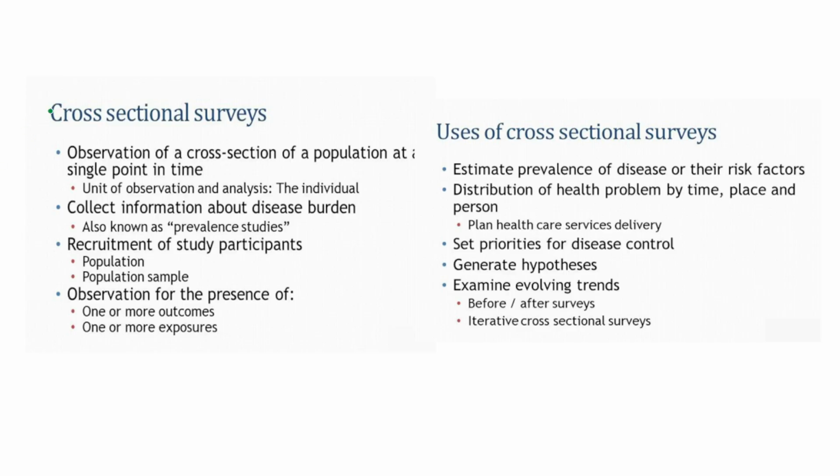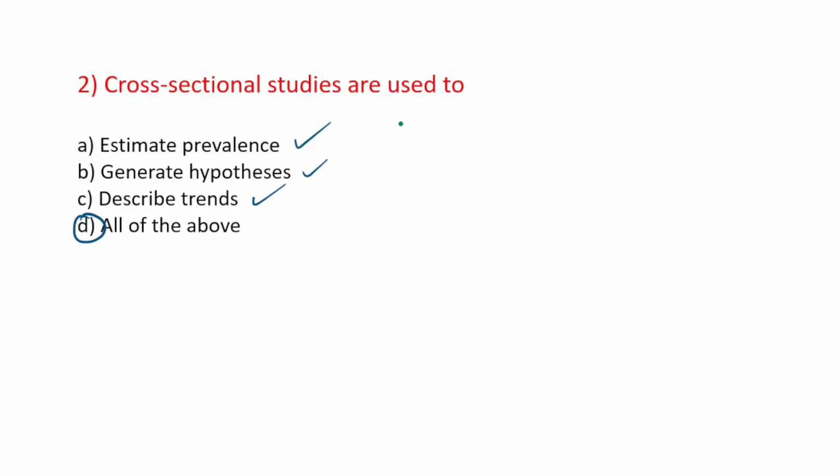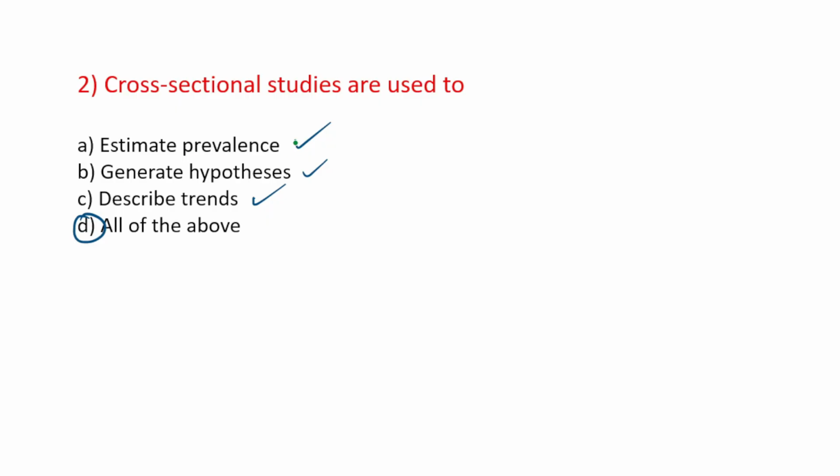Okay. Now see this explanation on cross-sectional surveys and also on the uses of cross-sectional surveys. So our question was cross-sectional studies are used to estimate prevalence, generate hypothesis, and describe the trends. If you see over here, they have clearly mentioned uses of cross-sectional surveys. You see the last point, to examine the evolving trends. Also to generate the hypothesis. Evolving trends and generate hypothesis were the two options in the question. And the third option, we have seen this option,